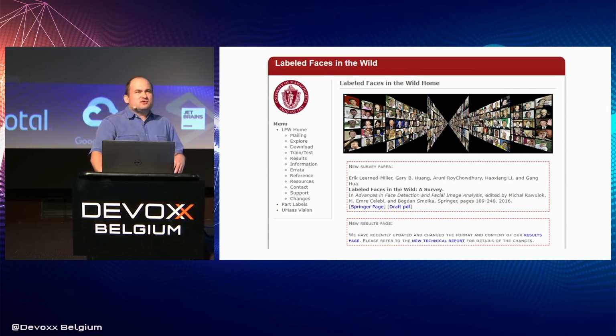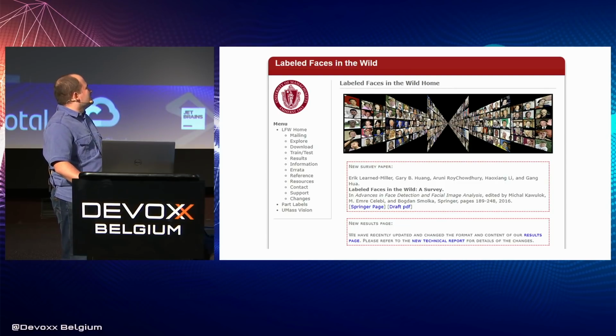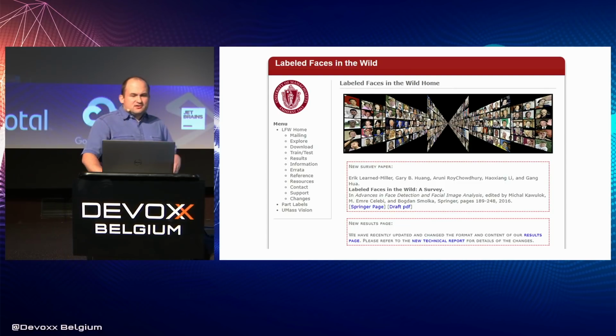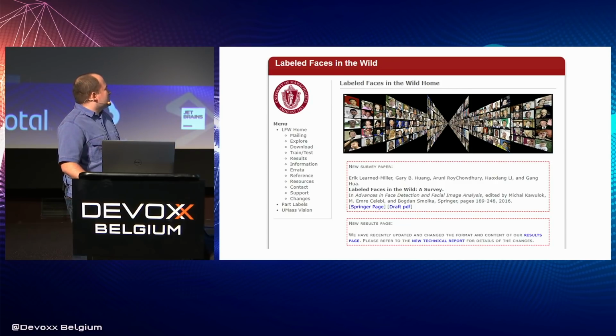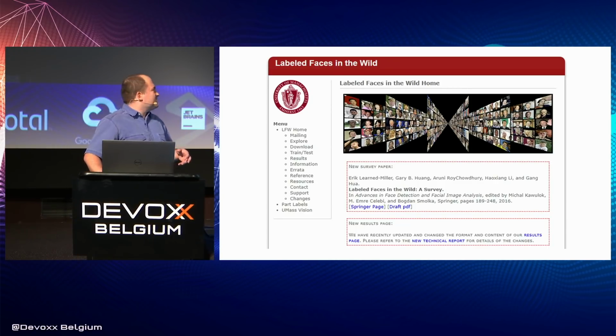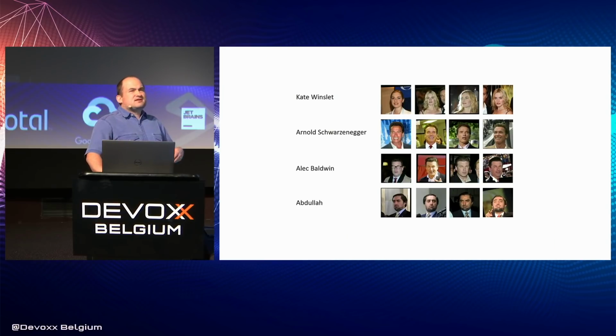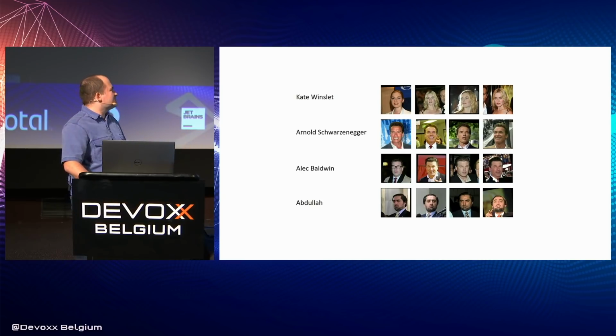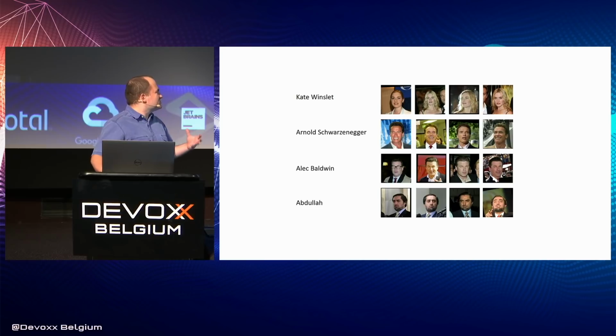So how do we train that network? We get a data set of faces. This is a well-known data set of celebrities. It can be freely downloaded from a web page. There are a few thousand characters. Most of them have a few samples, a few pictures of the face.